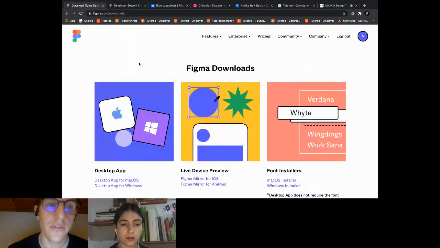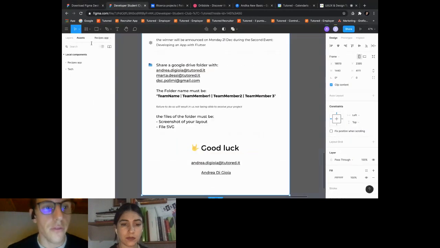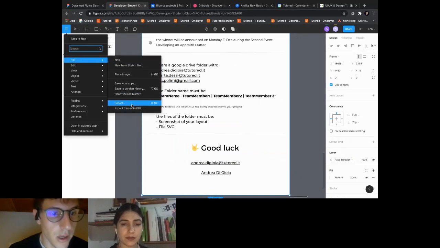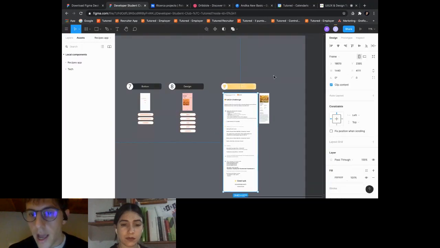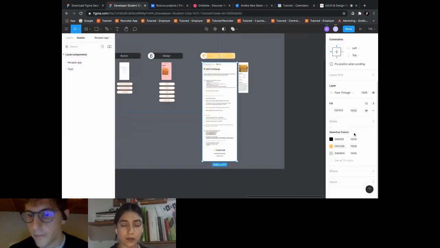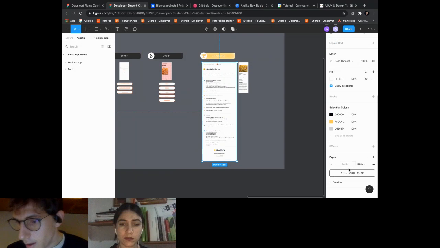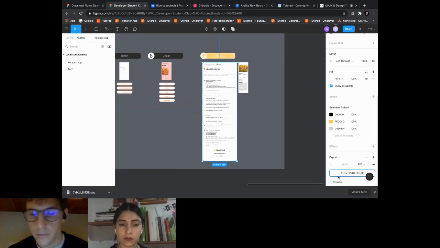To download an SVG file on Figma is very simple. Now I will show you how to export, for example, this file. I have to select export. It's the last tool on the right bar. Export, and you have to select SVG. Export. Okay.